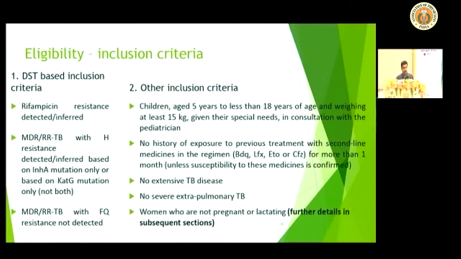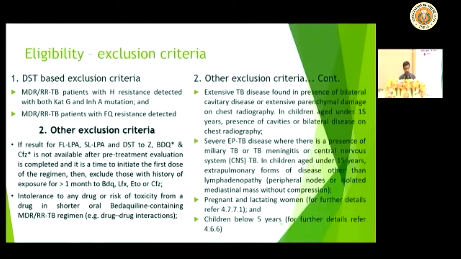Whom should be put on shorter oral? There should be no additional drug resistance, only RR. If there is resistance to INH, it should be either in katG or in inhA, not both, and no additional drug resistance. Another exclusion criterion is there. If there is bilateral cavitary disease or extensive disease, we should not go for shorter treatment, we should go for all oral longer. So these are the DST based and the severity based exclusion criteria, of which I have already